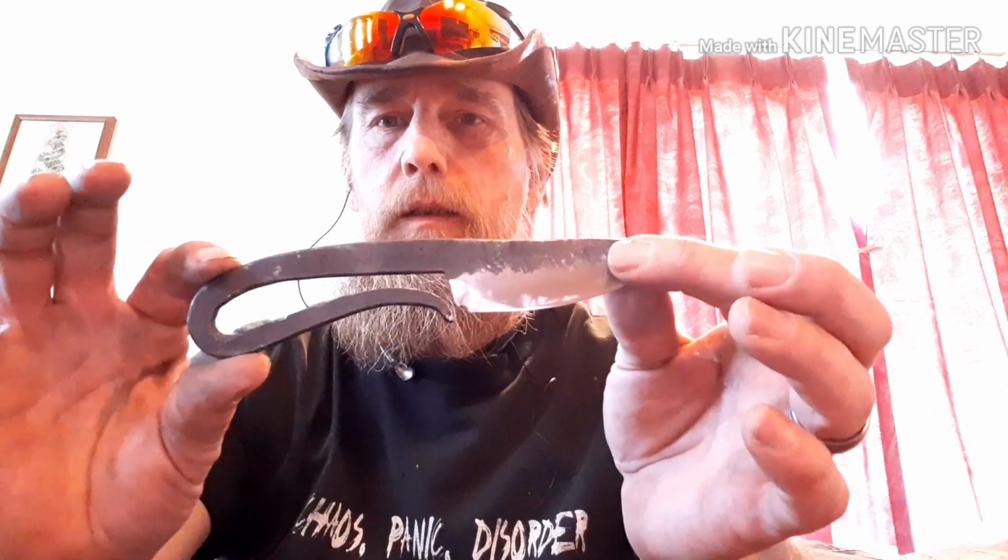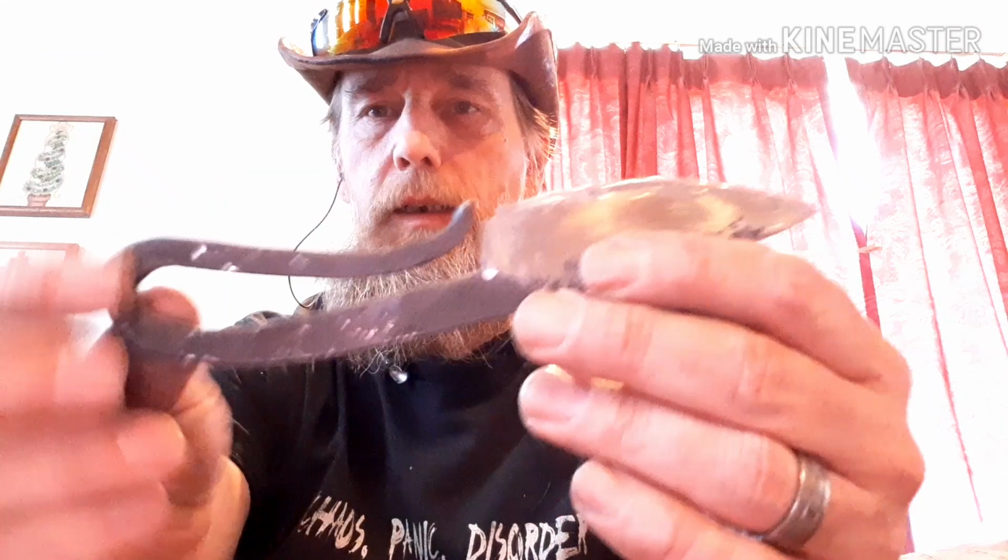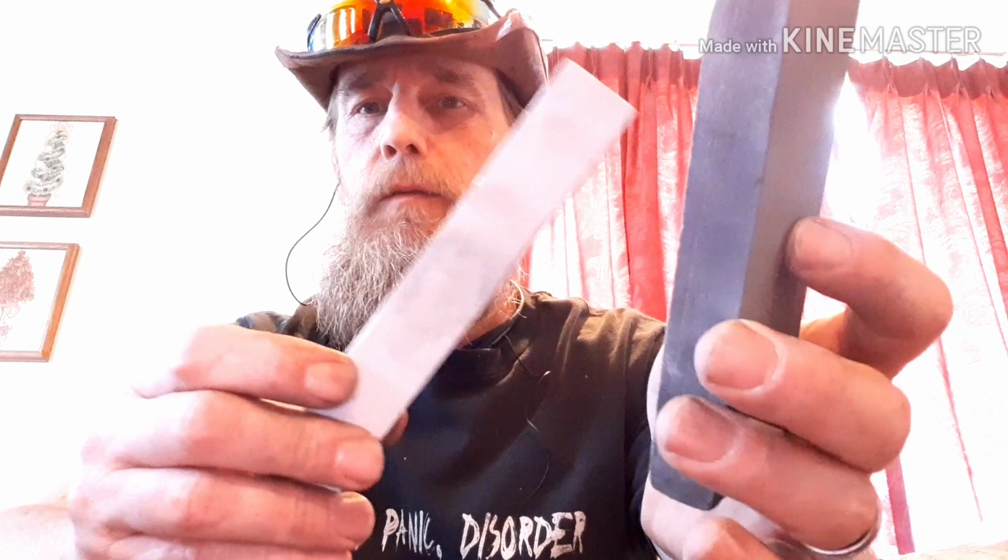Okay, everybody, I'm back. So I just finished sharpening it up. The second blacksmith knife turned out pretty good. I like this one a lot better. The tang actually tapers back how I wanted it. It still has some scratch marks from the files in it, but I just used the coarse medium double-sided and my fine stone